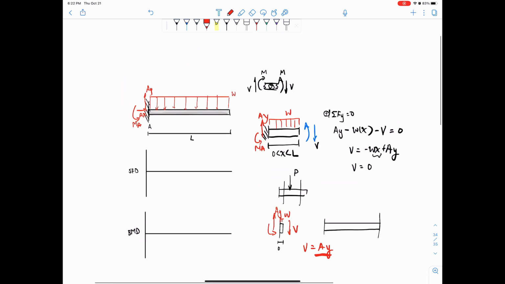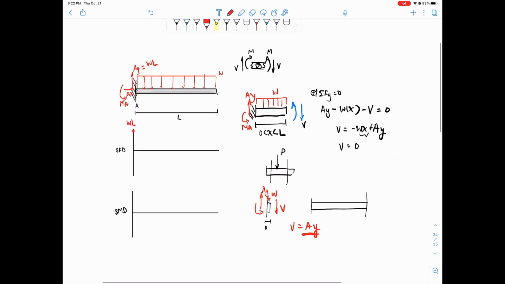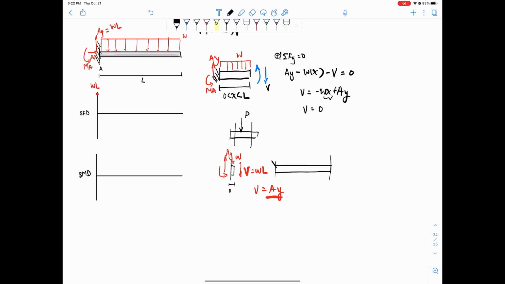So if you just solve for the reactions normally, you would have WL, right? Distributed load times the distance. So this point right over here, you would be experiencing this shear at WL. That's just the amount of shear force. Okay, and at the very end, now if we look at the very end, we can say, oh hey,